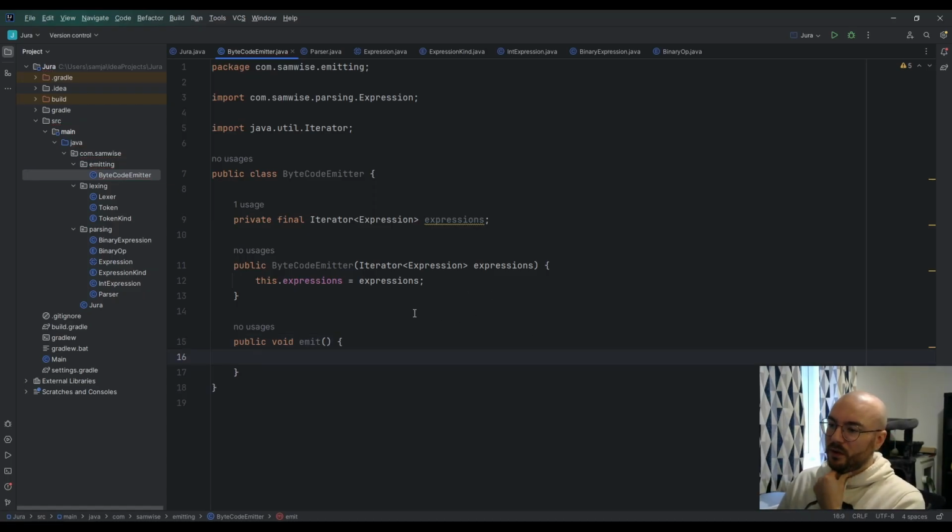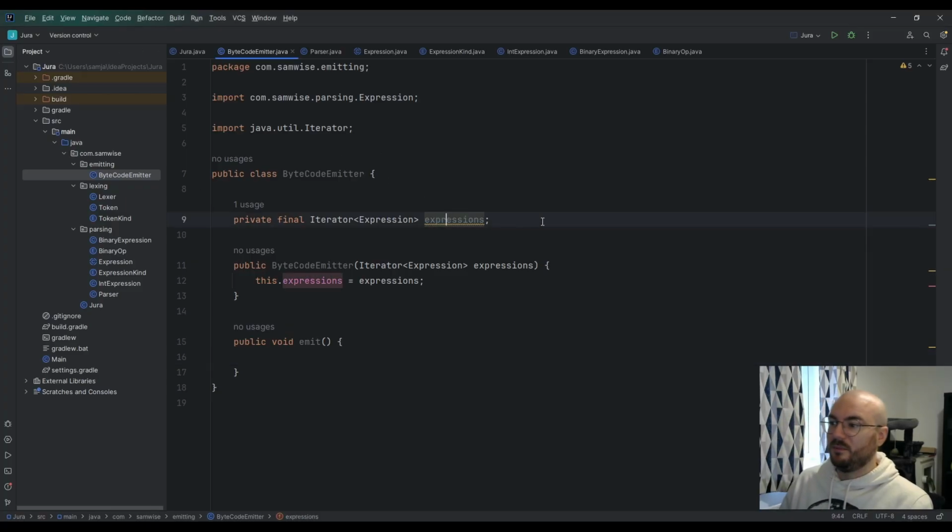And this is just going to one-shot emit the entire program. Sure. So give me a moment. I'm going to pull up my notes because I need to remember how to use this library, and then we will get to emitting. Okay, I have an old compiler I wrote, so this may not be the best way to do it,